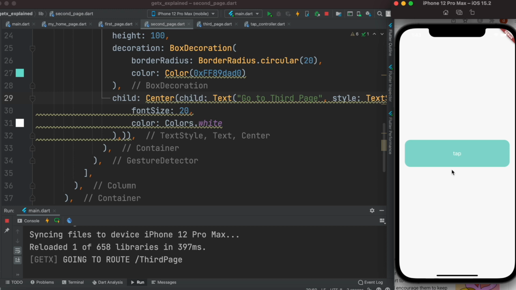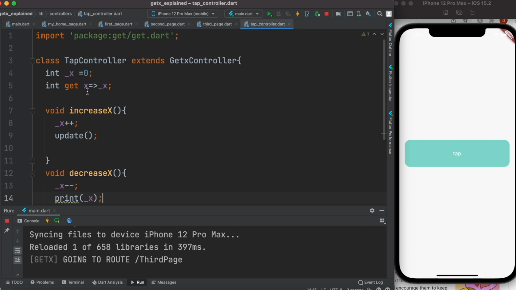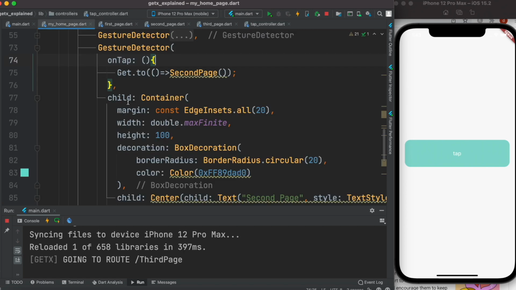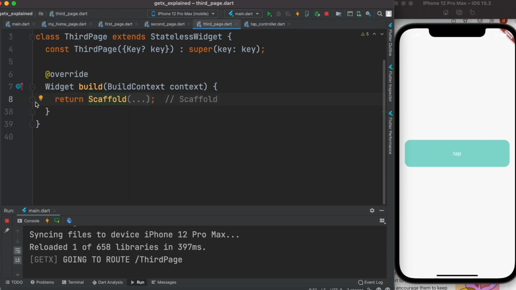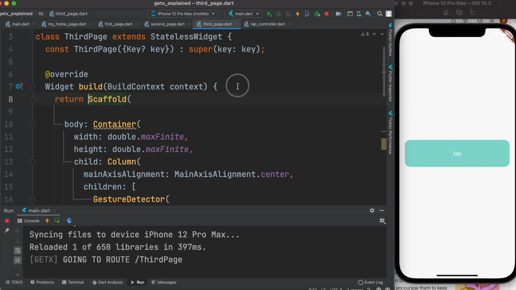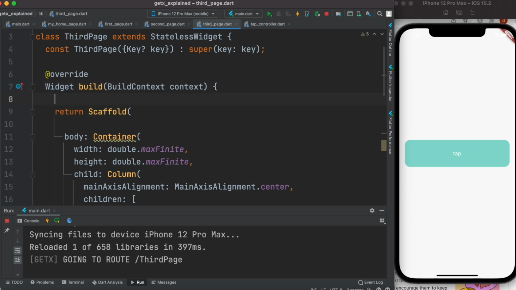Now over here on the third page, we want to access this X value. Okay, that's what we want to do. And how to do that? As I said earlier, we already initialized our controller over here, and it could be accessed anywhere in your app. So I'll come over here, and within this scaffold, sorry, this build method here, I would do